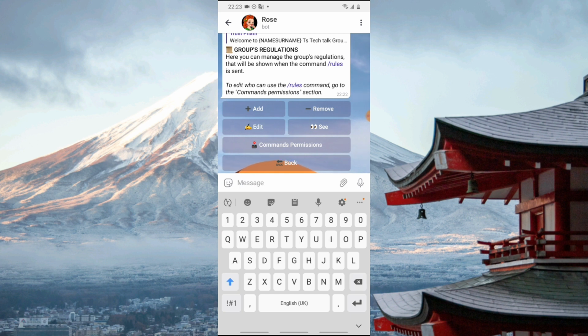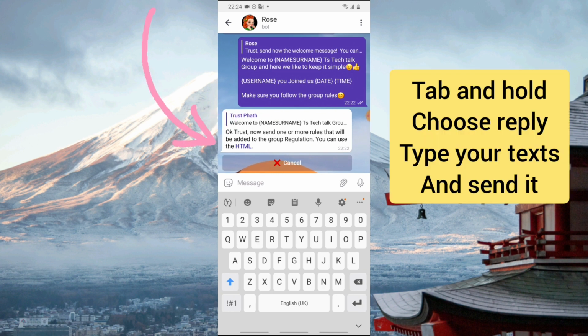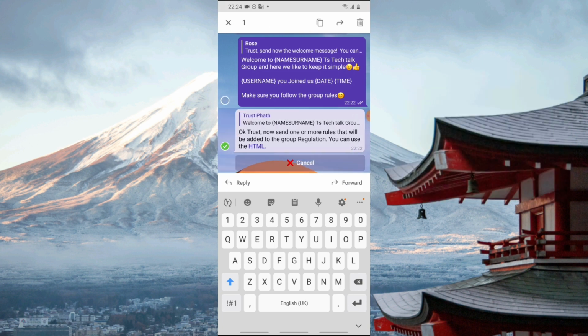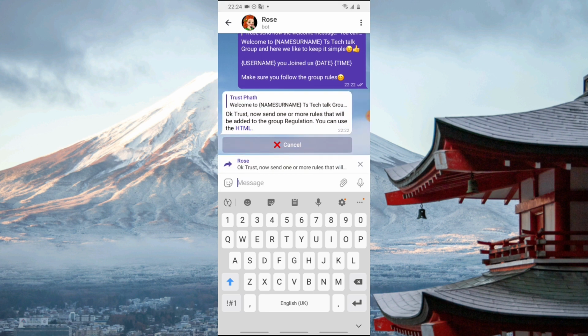So in order for us to add the rule, let's go ahead and click on the add option. Let's go ahead and add the rule first. So click on the add option, and now it says okay, now you can send one or more rules that will be added to the group. So click and hold on it so that it will display an option for us to reply. So click on the reply option for us to add a rule and a regulation. So let's say